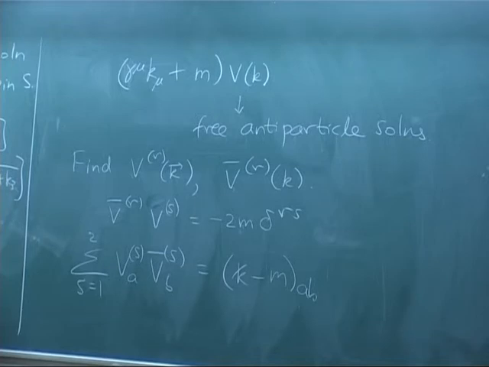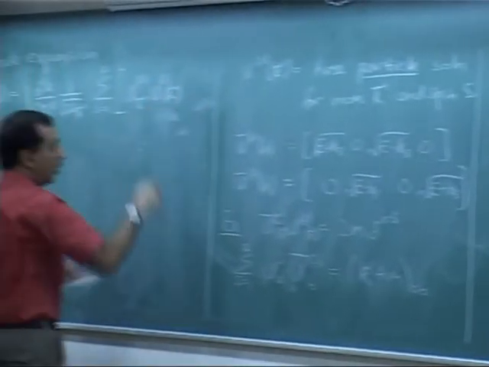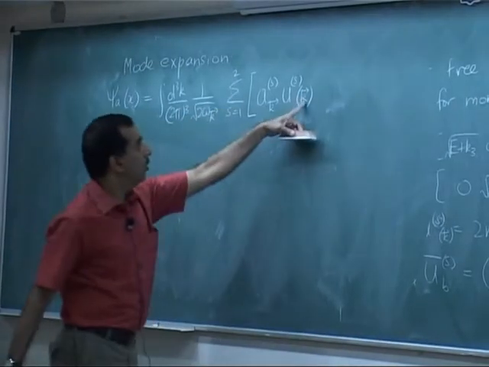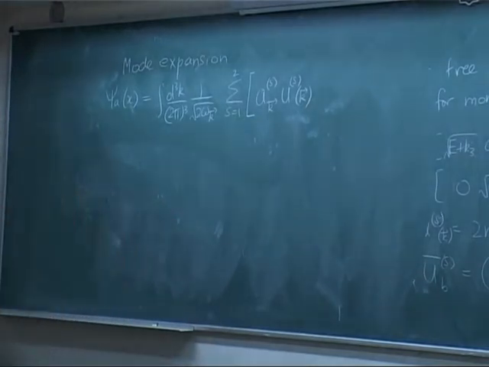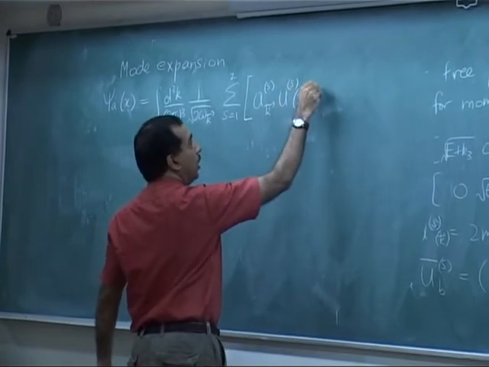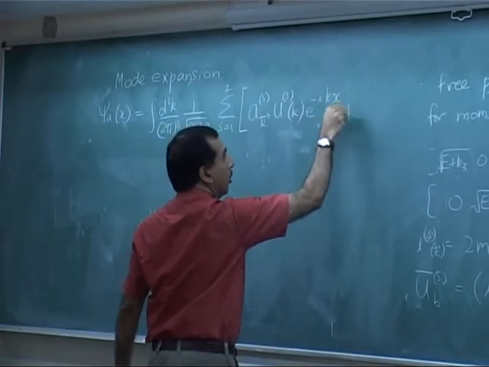So now the U's appear with a's: a k s, U s of k. Maybe I'm being a bit inconsistent putting k here as an argument and here as a subscript. Hardly matters. Actually, this depends on all of k. e to the minus i k dot x plus